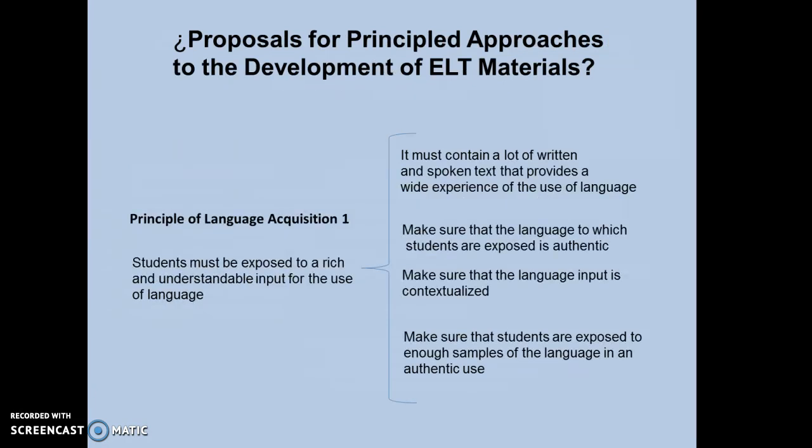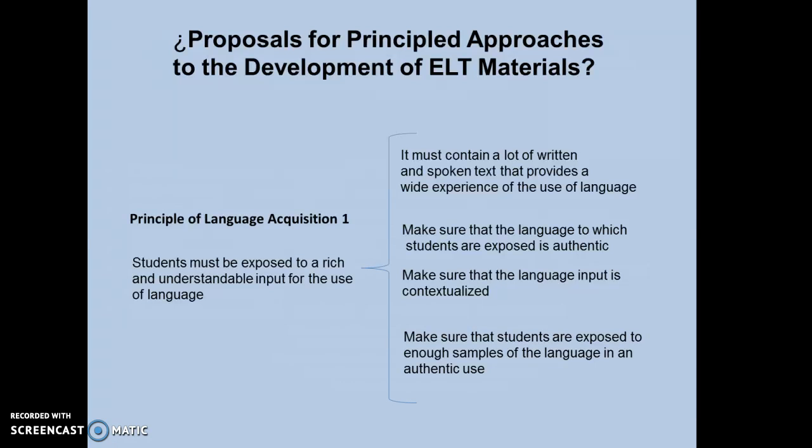Proposal for principled approach to the development of ELT materials. According to the lecture, the reading has six principles of language acquisition. The first: students must be exposed to rich and understandable input for the use of language. This is composed of four aspects. It must contain a lot of written and spoken texts that provide a wide experience of the use of